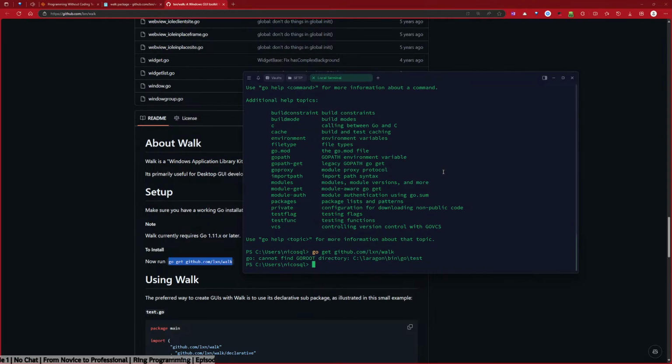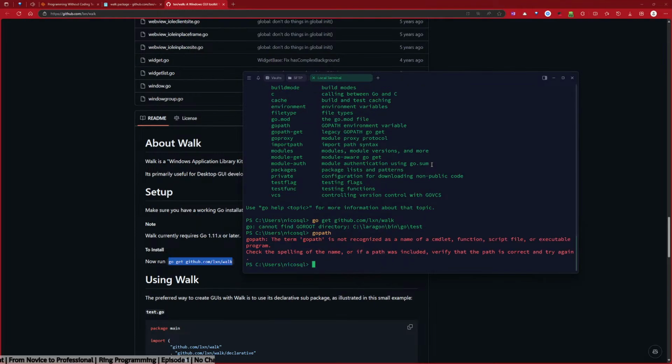Cannot find go root. What? Okay. File type. I don't want to put it here.